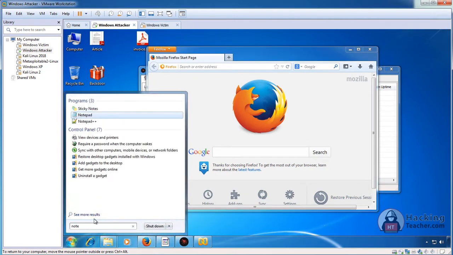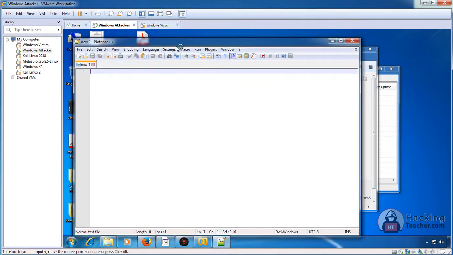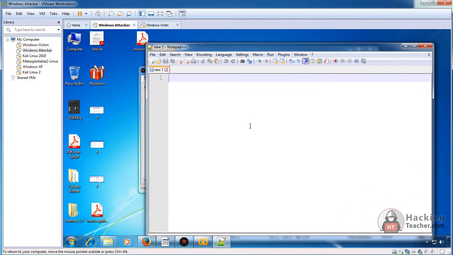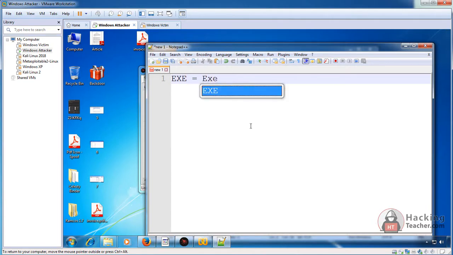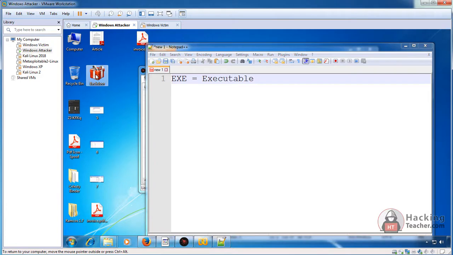If I open the notepad. Now what is an exe? Exe is an executable file. It means it does not need anything else to make it run. You just double click this thing and it can execute itself. It can start itself. It does not need anything to start it.